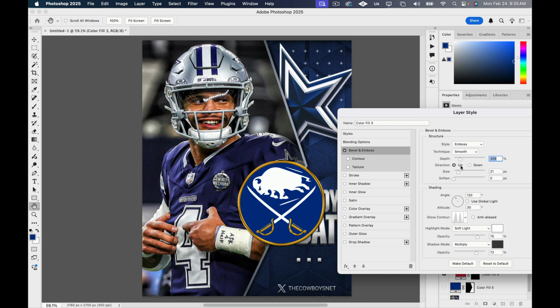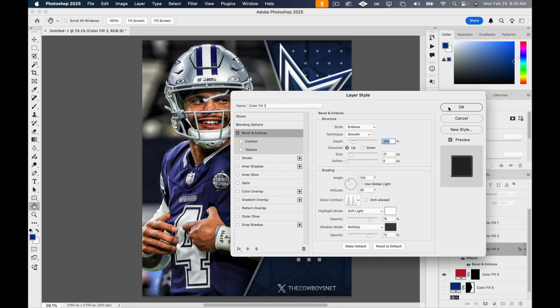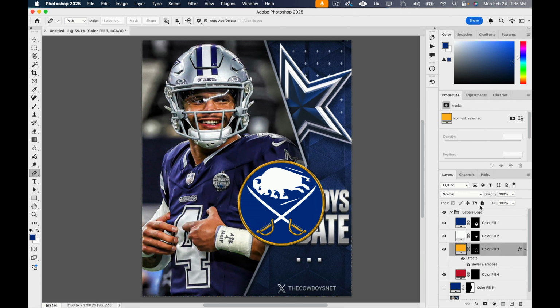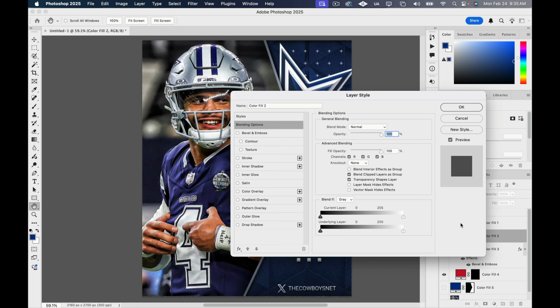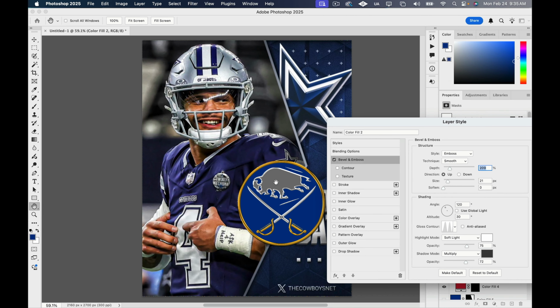And you can just play with the size and the depth of whatever logo you're working with after you've dissected them, broke them into different sections. So next, I would do the white buffalo and the swords. I think I might just leave the blue flat so it looks like just those parts are embossed. So we do roughly the same thing. But see how it kind of